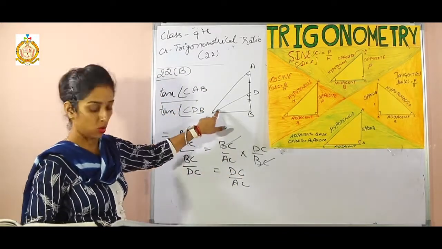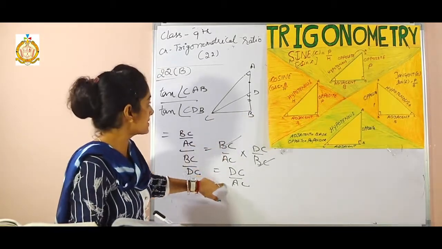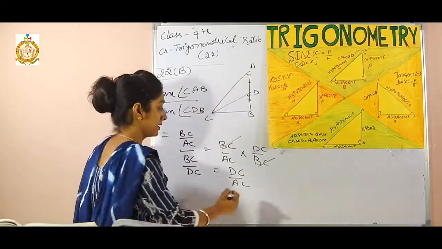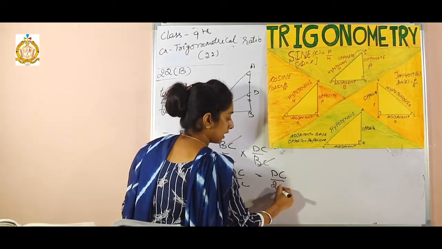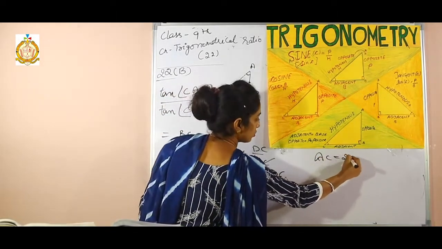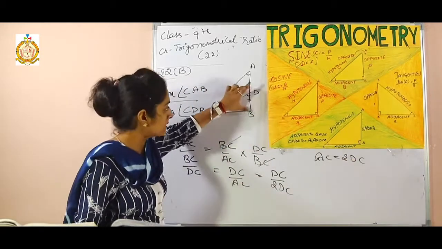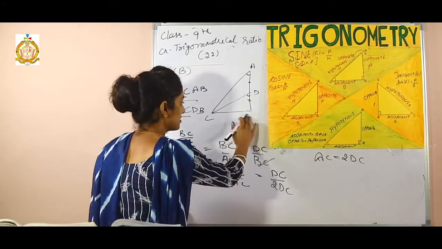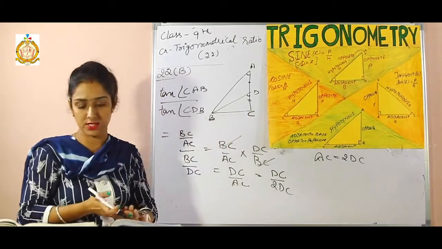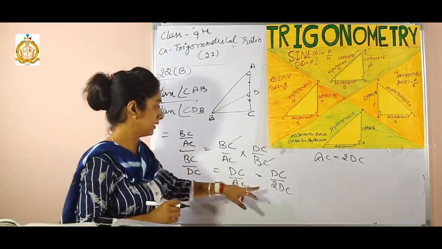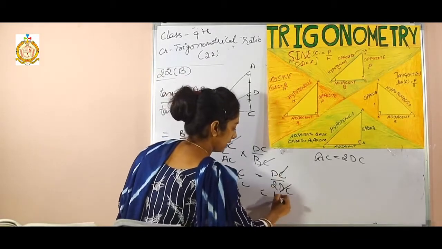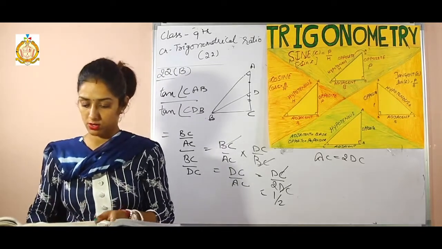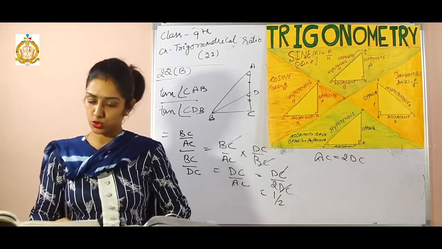Now DC over AC. Now see AC, this whole term is AC and D is on the midpoint. So can we write it as DC over 2 times DC, meaning AC is equal to 2 times DC. Sorry, this is C and this is B, right? And after that we get this and this will be cancelled and we get 1 by 2, right? And its second part is similar, you can solve it by yourself. Now see question number 18.